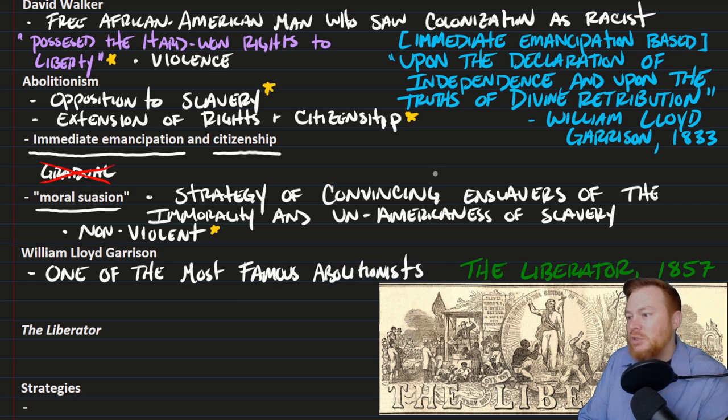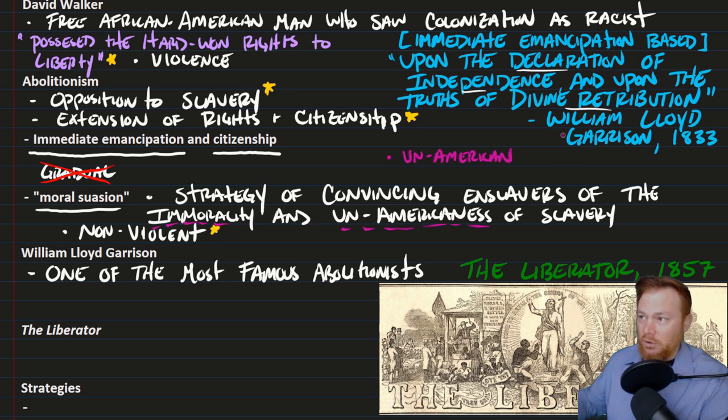Certainly one of the most recognizable. And he kind of outlines the basis for which the abolitionist belief system is formed. He says, immediate emancipation based off of the Declaration of Independence and upon the truths of divine retribution. And this kind of gets down to these two points here. And that is to say that according to the abolitionists, slavery is un-American,